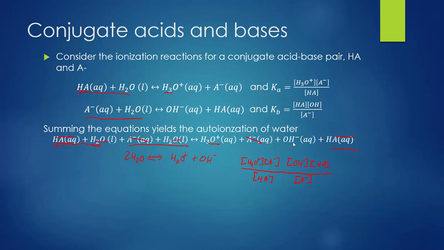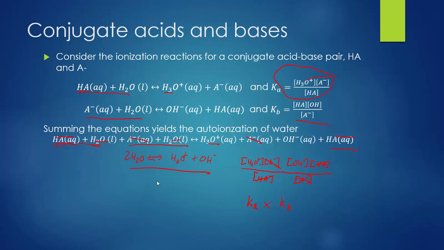We can simplify it, but before we do, this H3O plus times A minus divided by HA, that's Ka. So right here I have Ka times, and this right here, OH minus times HA over A minus, that's Kb. Okay? Basically, when we sum these things together, their equilibrium constant is the product of Ka and Kb. But if we simplify, this HA cancels that HA, this A minus cancels that A minus, and we have this,